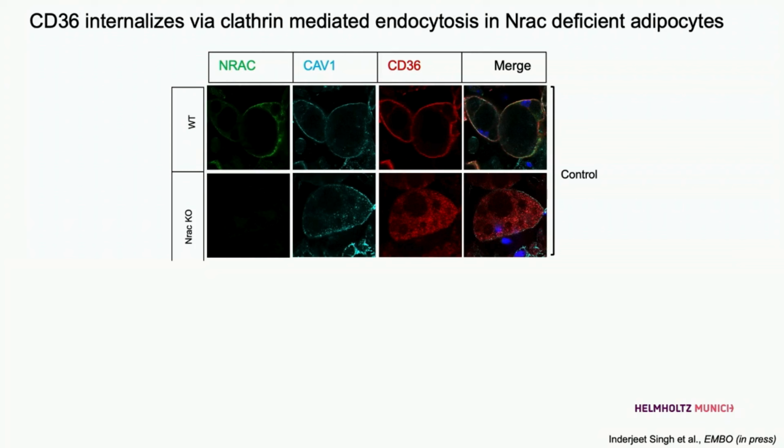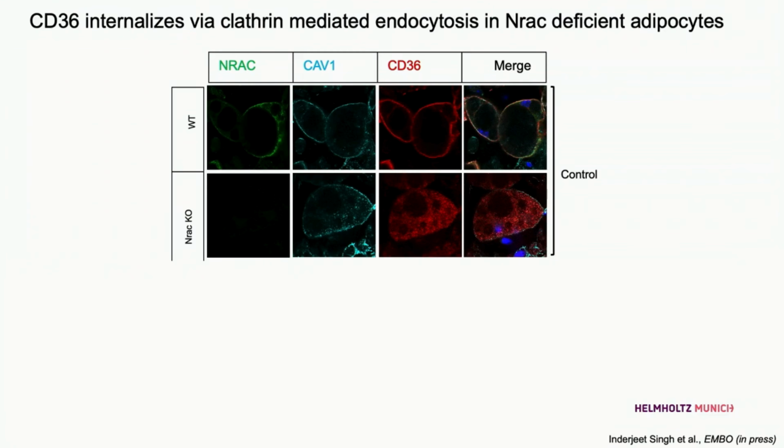So we did cell culture experiments and just stainings, and we co-stained with NREC, caveolin 1 and CD36. Oh, this is what I forgot to say, because CD36 is not really a transporter, it's more a translocase, because it binds fatty acid in this endocytosis, and it's thought to be via caveolin-mediated endocytosis. And what you can see, hopefully, here is that in the wild-type cells, you have surface localization of NREC, caveolin, and CD36. However, in the knockouts, of course, there's no NREC, but while caveolin is still at the cell surface, almost all of the CD36 was internalized.